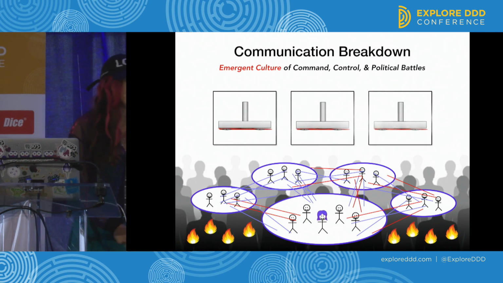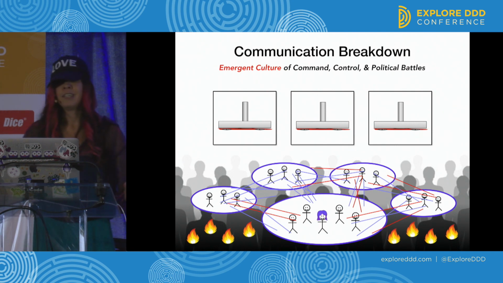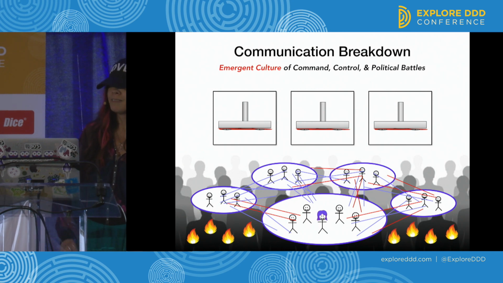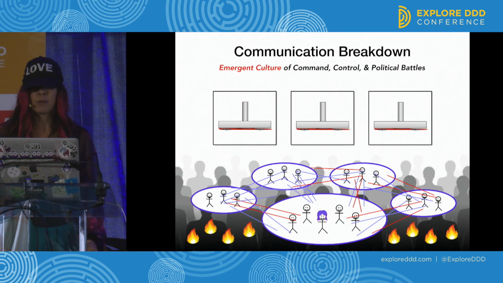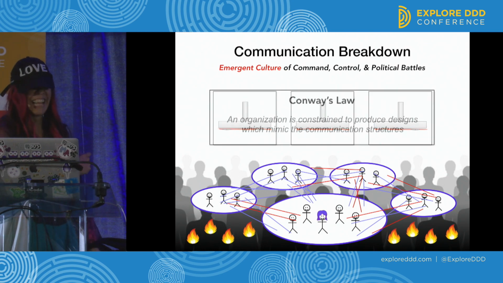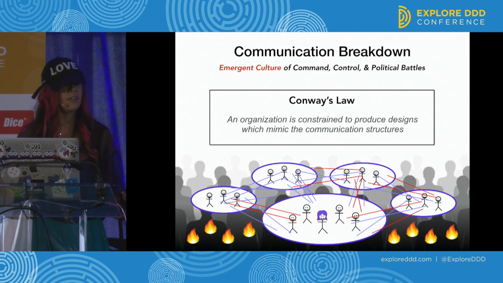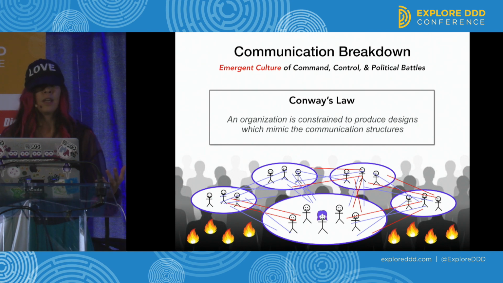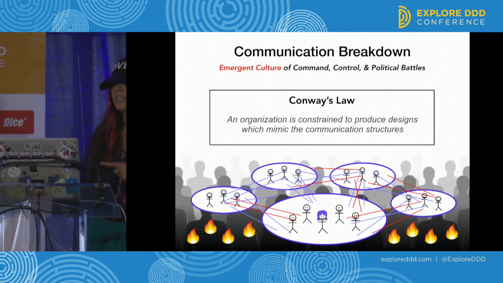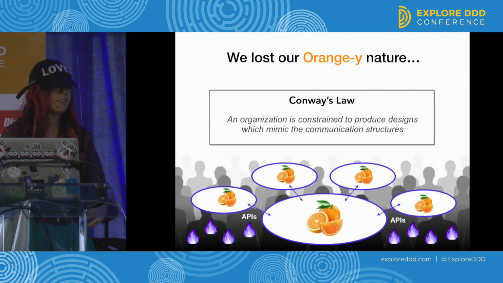And I watched this Ferrari of a project we put together just get crushed and eventually lead to the great exodus of engineers. It was kind of sad, heartbreaking, eventually drove me to rage write a book. But if we think about Conway's law, an organization is constrained to produce designs which mimic the communication structures. And what happened here, when the communication got all chaotic, when all these political battles started getting in the way of us being able to do effective work anymore, we lost this orangey nature we had of these encapsulated communication